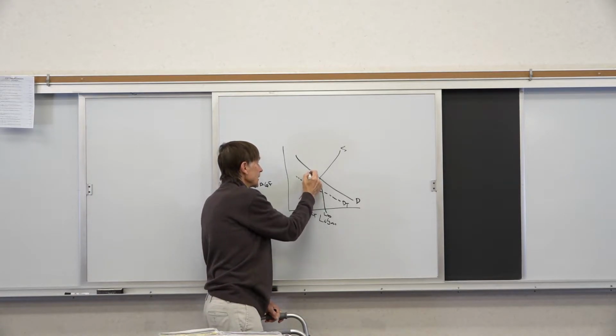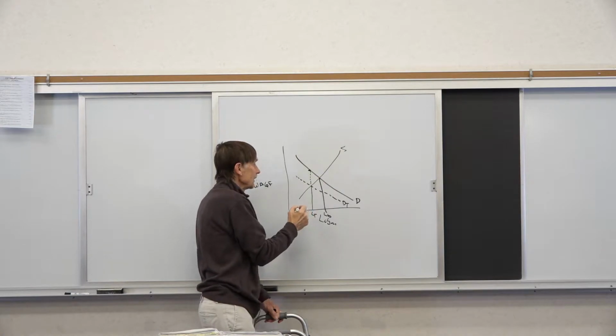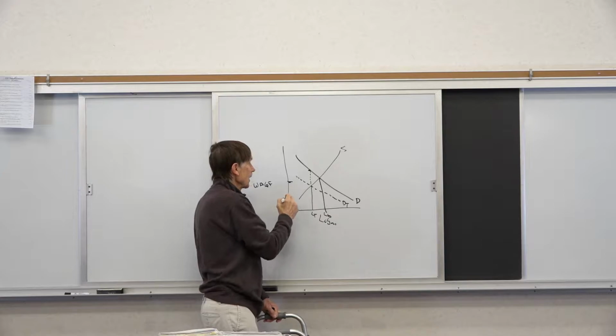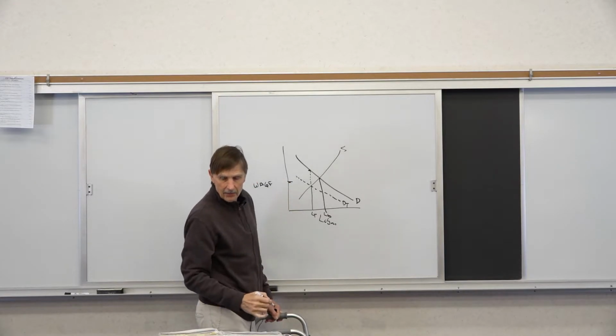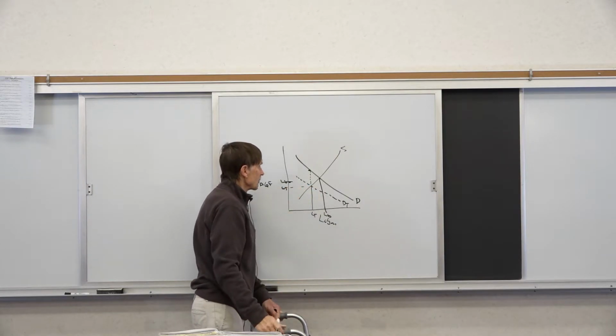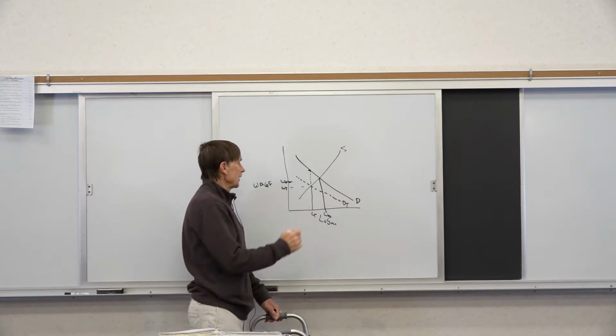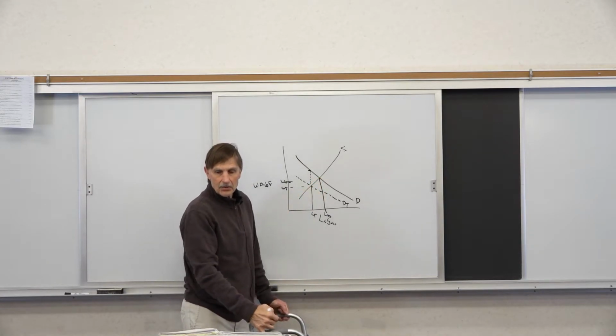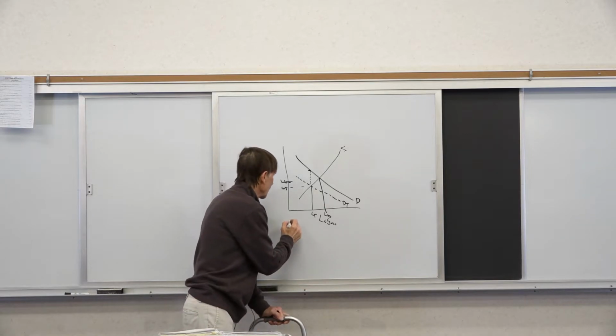Well, now what's going to happen is that we're going to look at if we started out when I have this WE and WT. So now what's going to happen is you're going to get what? The wage is going to fall, right? So what's going to happen is the wage falls